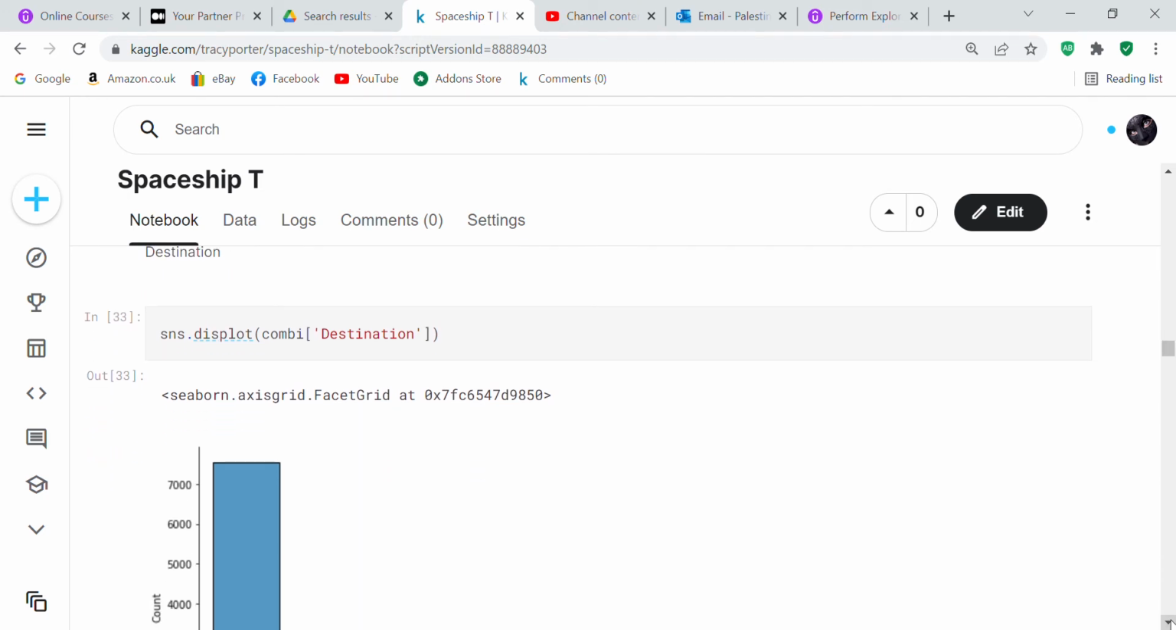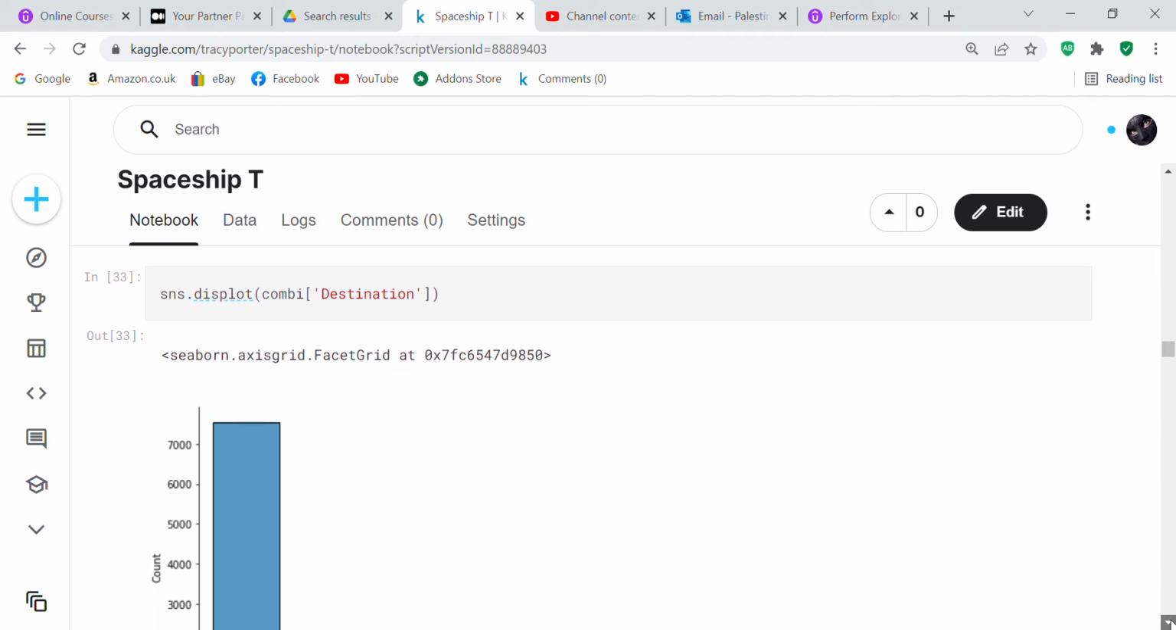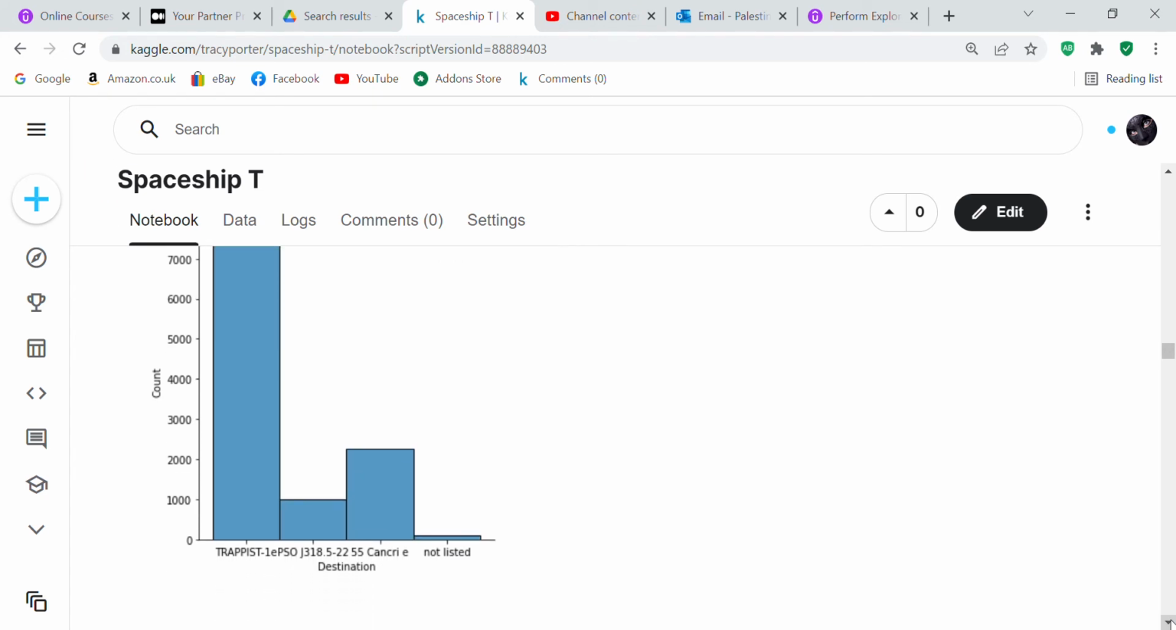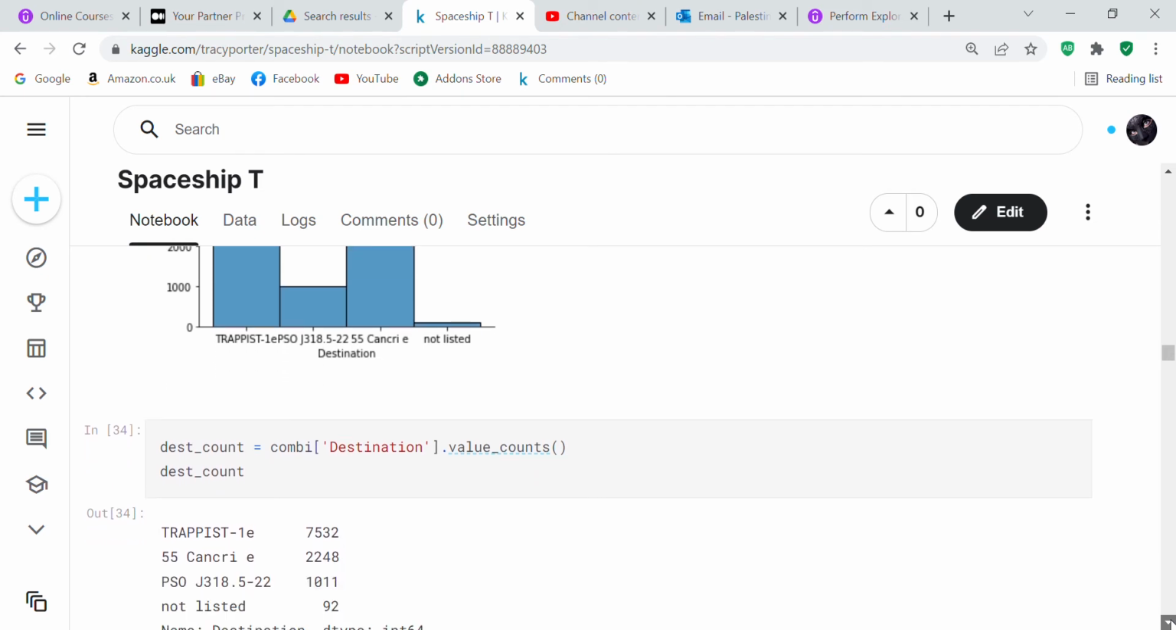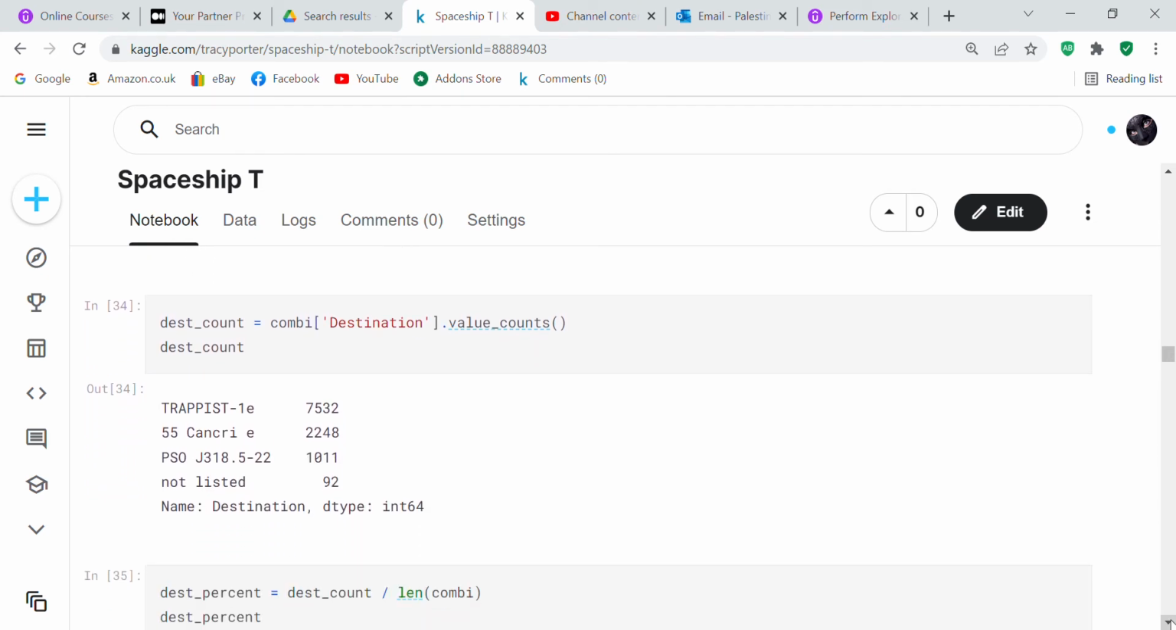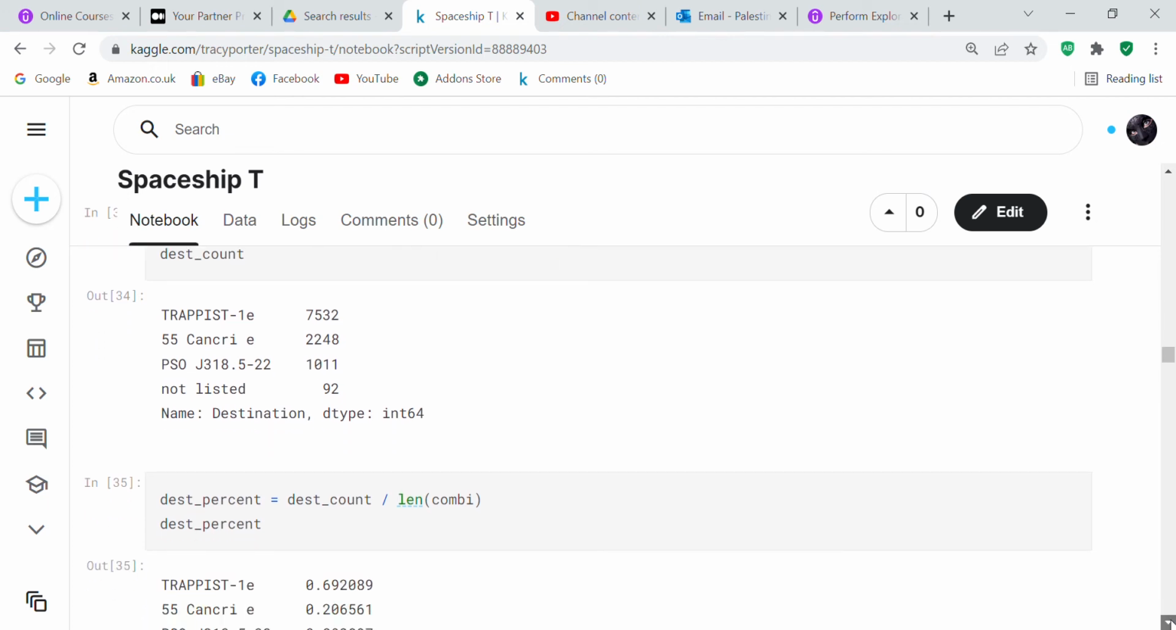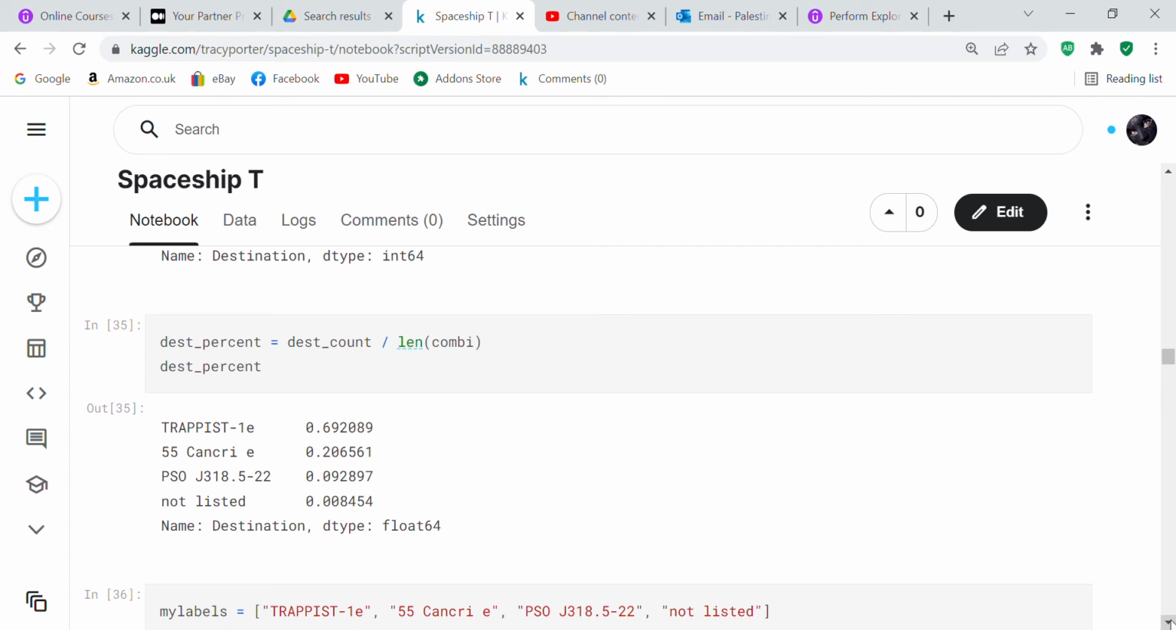Now we check the destination. So we did a disc plot on destination. So we had our 3 planets and the one not listed. So here we did a value count, so you can see the 3 planets and the not listed. So the main planet was TRAPPIST 1E, and the next one was 55 Cancri E. The next one was PSO J318.5-22, and 92 were not listed. We checked the percentages,